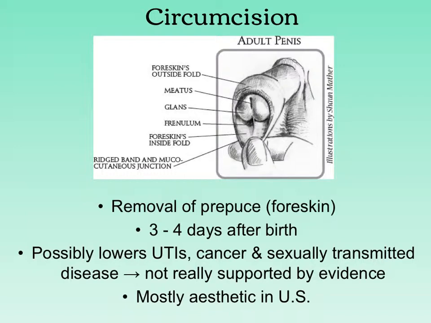And the last slide of the male anatomy here in the reproductive system is the procedure called circumcision. And that is the removal of the prepuce or the foreskin around the glans penis in the male anatomy. Now, why do they do it? In the U.S., it's mainly considered for aesthetic purposes, but it also could possibly lower your chance of getting a urinary tract infection, some cancer, and actually some evidence shows that it can give you a reduced chance of getting a sexually transmitted disease if you had